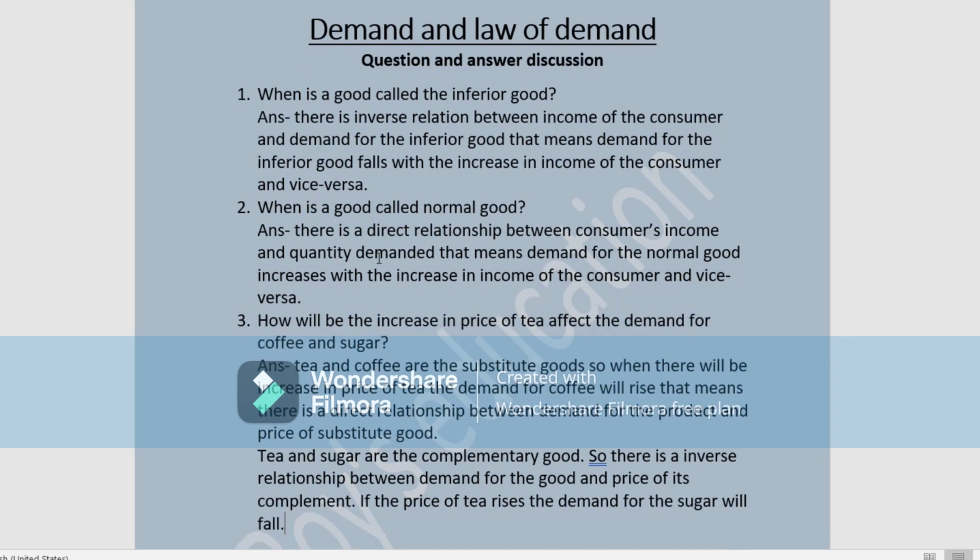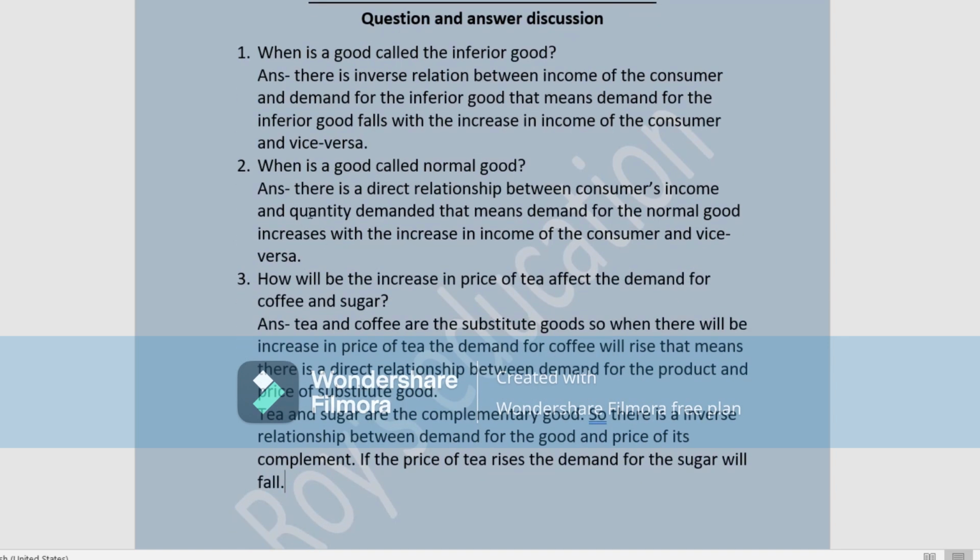When a good is called a normal good, in the case of a normal good, there will be a direct relationship between the consumer's income and the quantity demanded. That means the demand for a normal good will increase with an increase in the income of the consumer. So when the income of the consumer increases, the demand for the normal good will also increase and vice versa. That means there will be a fall in the demand for the normal good with a decrease in the income of